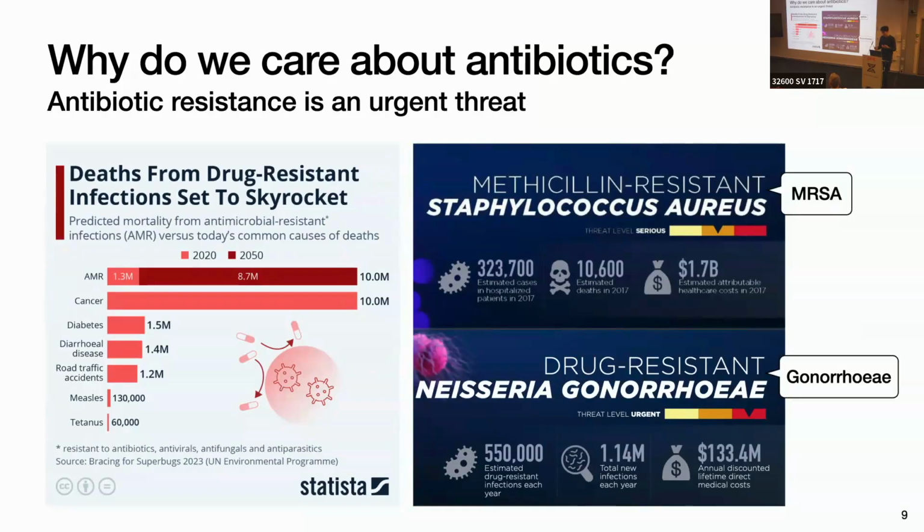And I have to say that I hear some of my friends' grandparents passing away. They don't die of their cancer or whatever, they die of pneumonia at the end because of these resistant bacteria. So this is a really nasty thing that we really should do something about, right? And you can see on the right, there's a list of high priority bugs that the CDC wants people to really